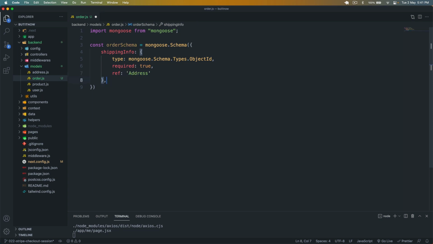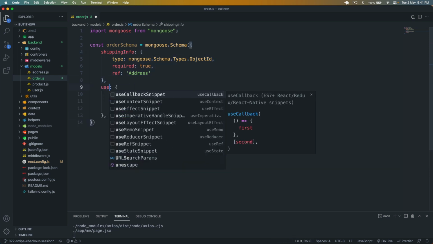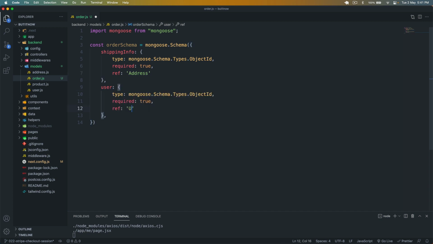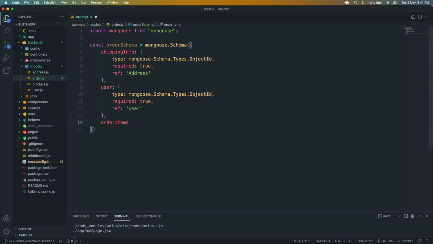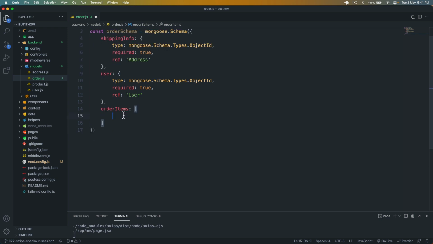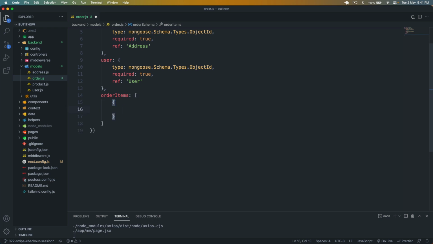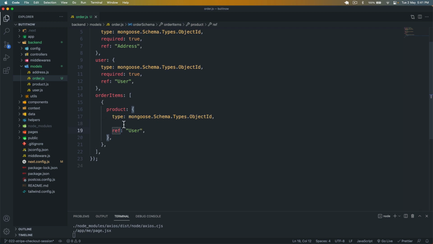In the same way, after shipping info, I have here the user that has created that order, and that is going to be User. So now we have shipping info and user. Now let's create our third field, which is the order items, that the user is purchasing, and that is an array of all the items. First of all, in the object we are going to have our product that the user is purchasing. I will simply type here ref, that is going to be Product,